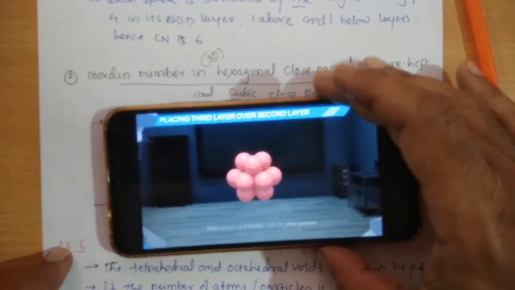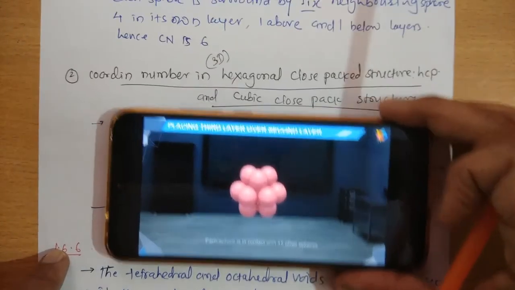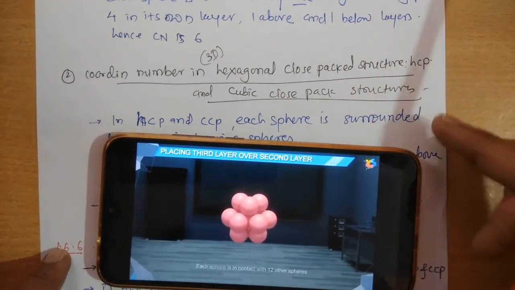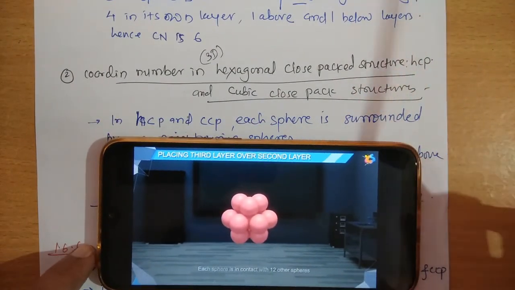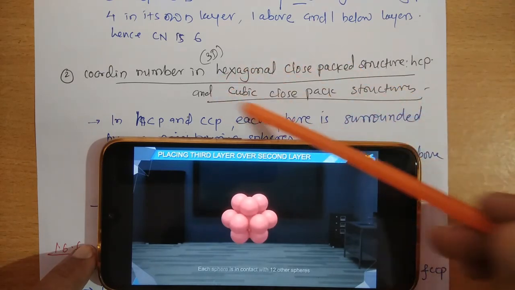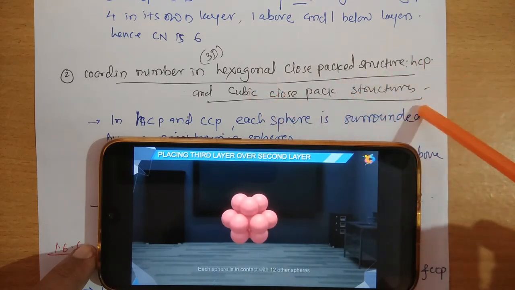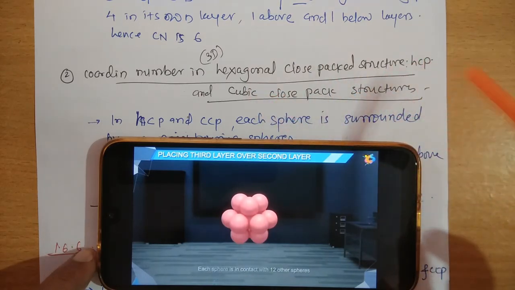See, this figure we can see. So the coordination number in the three-dimensional hexagonal close-packed structure as well as the cubic close-packed structure, these two three-dimensional structures we have just created from the two-dimensional hexagonal packed layer.